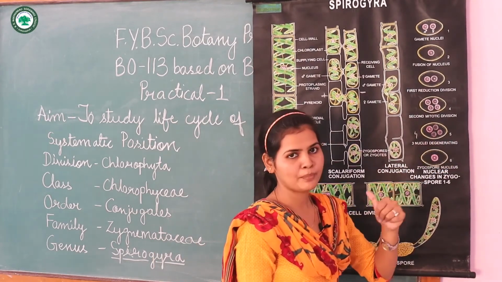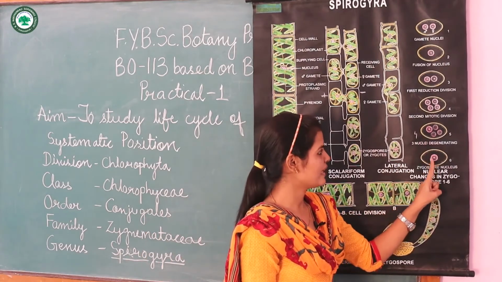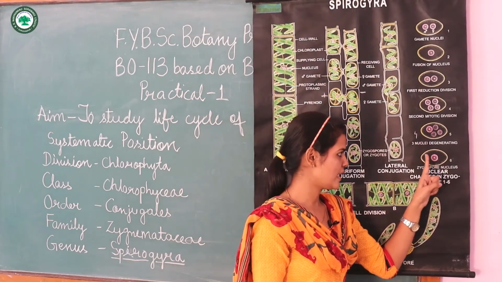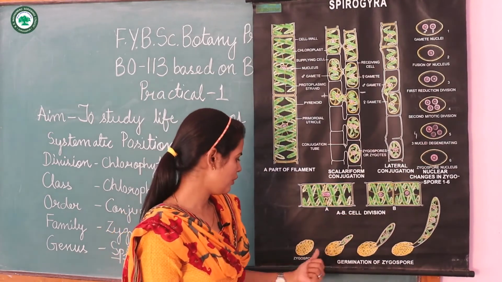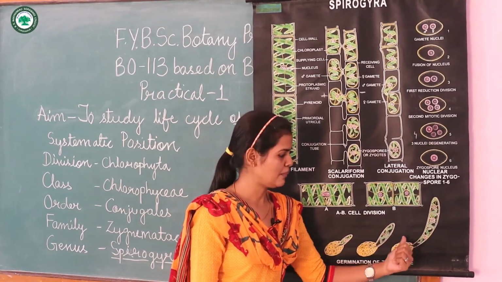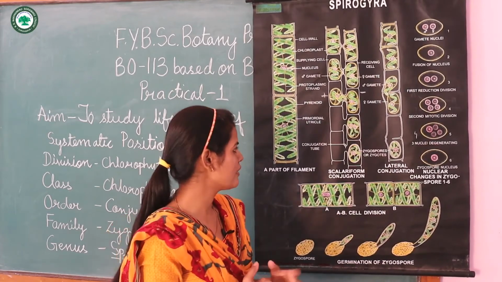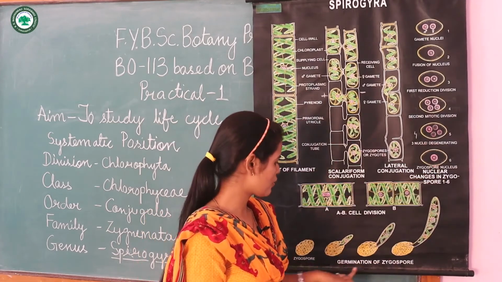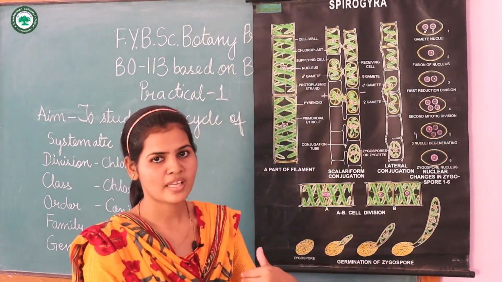Now after that, of these, 3 will degenerate and only one functional nucleus will be there. So these 3 are lost and only one functional nucleus remains. Now after this stage, this will grow into a new haploid filament. So the zygospore will develop into a new haploid filament. The life cycle of Spirogyra is haplontic, because the filaments are haploid, and this cell is also haploid, and haploid again forms the new filament. So this is about the life cycle of Spirogyra.